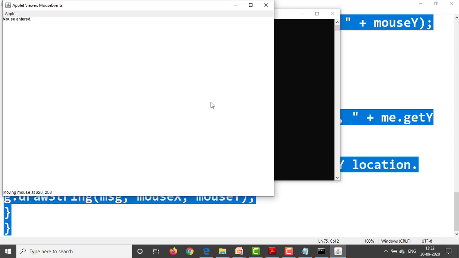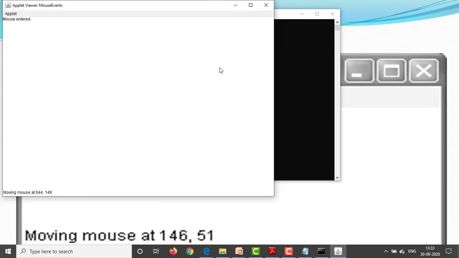Here mouse entered, exited, mouse down, mouse dragged: star will be displayed, dragging mouse message is displayed, or simply when we release, the up message will be displayed. And when we are moving this mouse simply, then the moving mouse message will be displayed. Like this, output is displayed on the screen. All the output will be implemented.